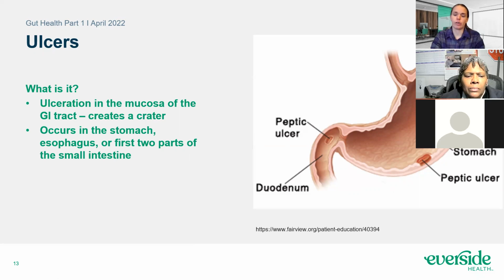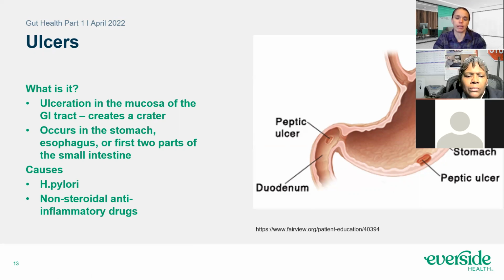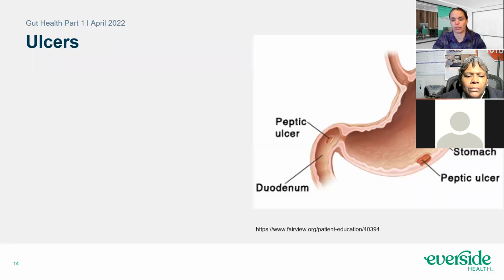It's usually related to a foodborne illness. So that's one of the common reasons for getting the ulcer. Another reason is high dosage use of non-steroidal anti-inflammatory drugs. So your ibuprofens, your aspirins, corticosteroids, prednisone. If you use those for a long time, you're going to be more prone to ulcers.